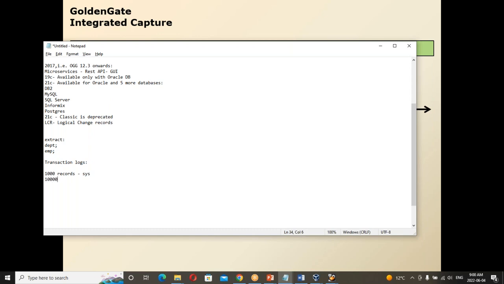It has 10,000 records for the system schema. It has 20,000 records for some other HR schema, and some other 20,000 records for some other table like XYZ table. And then there are 2 records for the department table and 2 records for the employee table. Now in case of classic capture, what will happen is